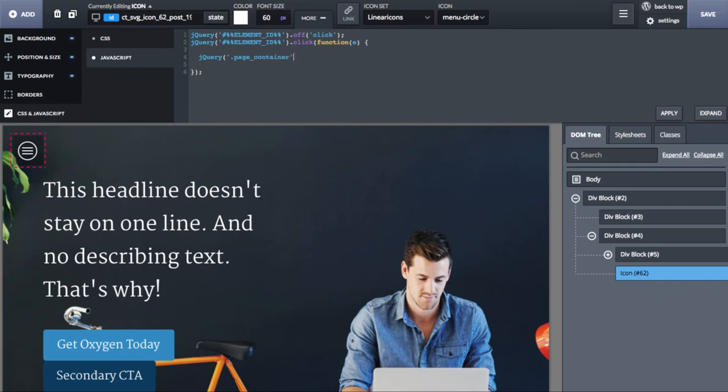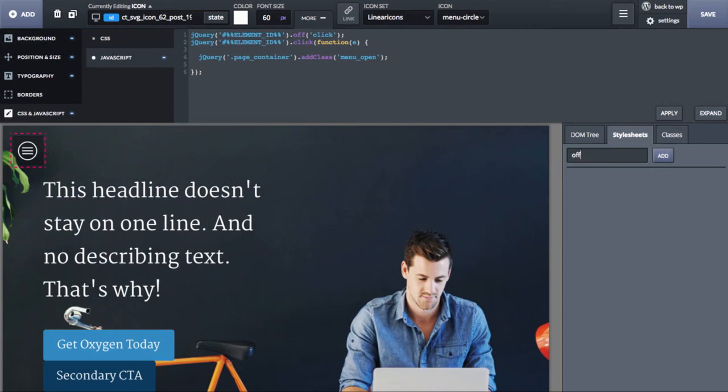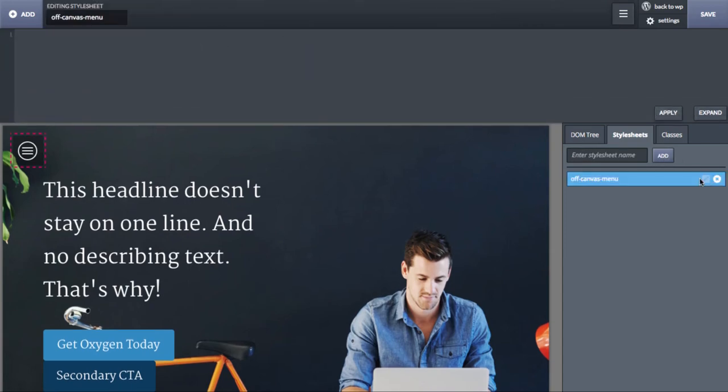Page container, add class menu open. Okay, and now when you click this menu icon, it's going to add the class menu open to the page container. So now what we're going to do is create a style sheet. We'll call this off canvas menu. And we're just going to create special styles for the menu and the canvas when the menu open class is